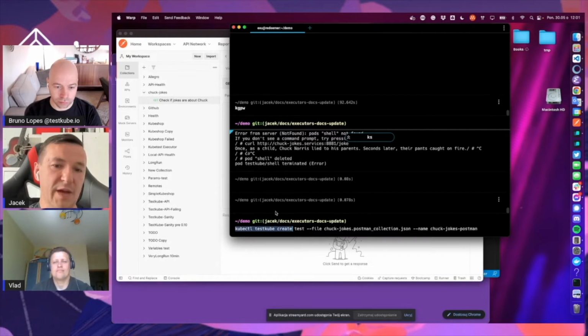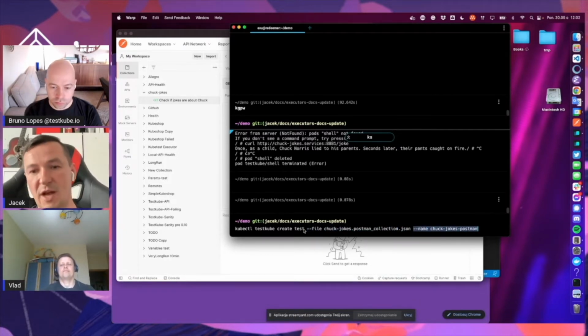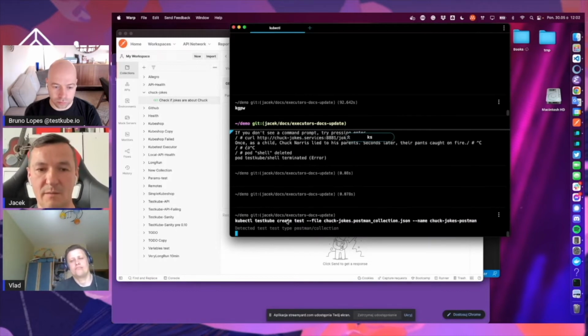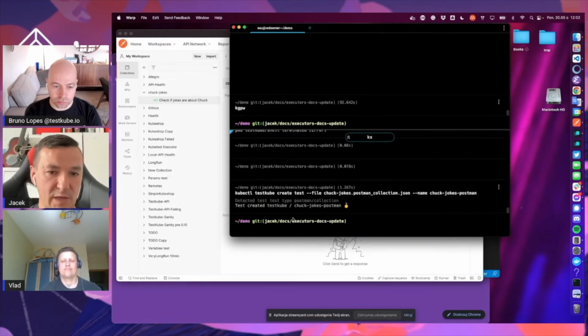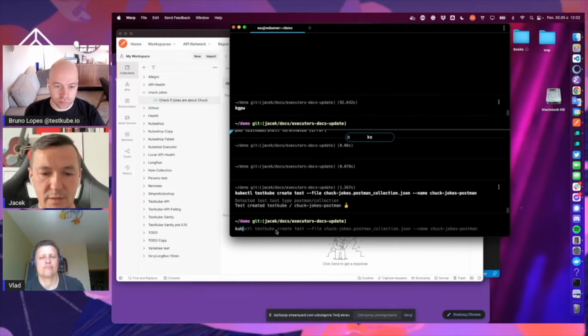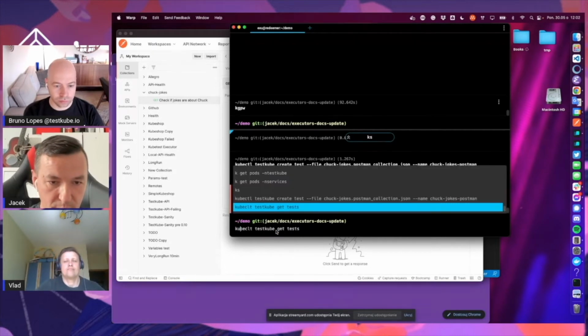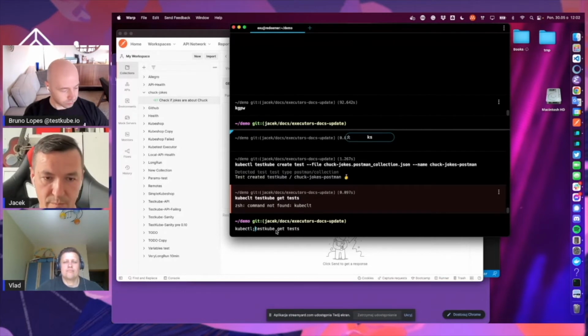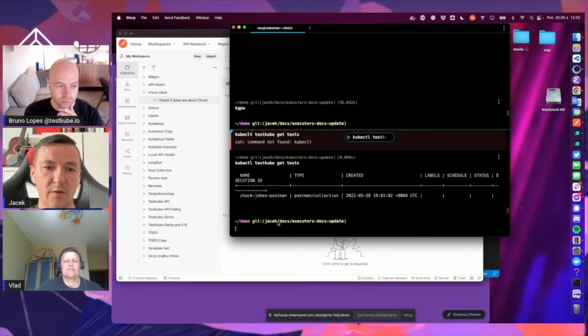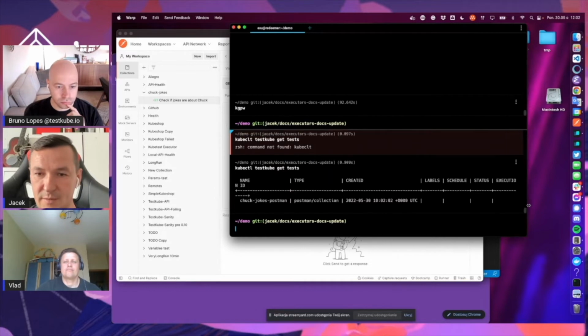We are using the create command, create test with the given file of the saved test, Chuck jokes Postman collection, and I will name it Chuck jokes Postman. I create it, and we have this test. Now I can see that with kubectl testkube get test, we can see that